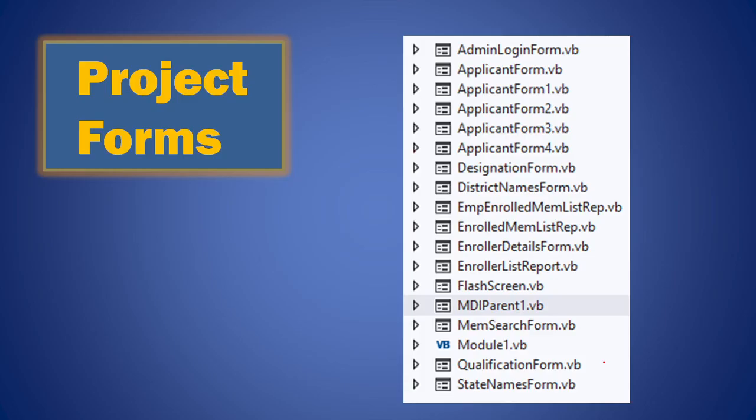Project forms. These are the forms which are there in the project. You can see that for the application itself, we split it into 5 forms. Instead of entering everything in one form, we split it into 5 forms. This is a little different from the previous projects because you can't enter everything in a single stretch. In the entry level, if you have a lot of input data, then one way or the other you get errors. Therefore, you need to avoid that, and you can split up the data. Then a data entry operator also finds it easier to enter the data.